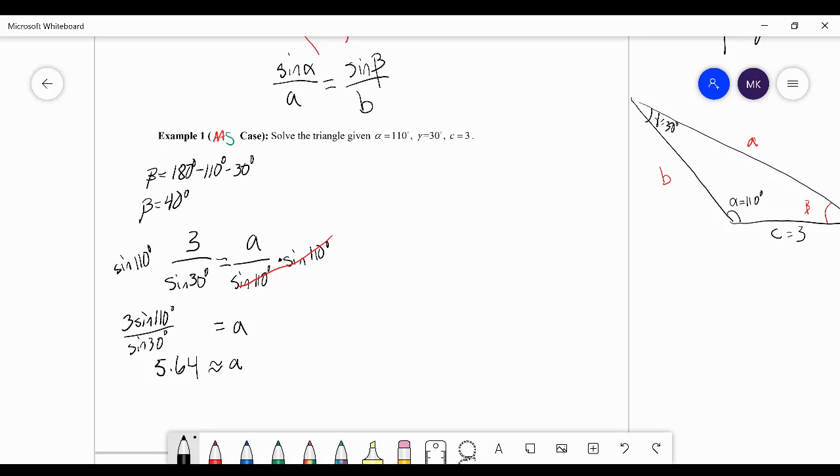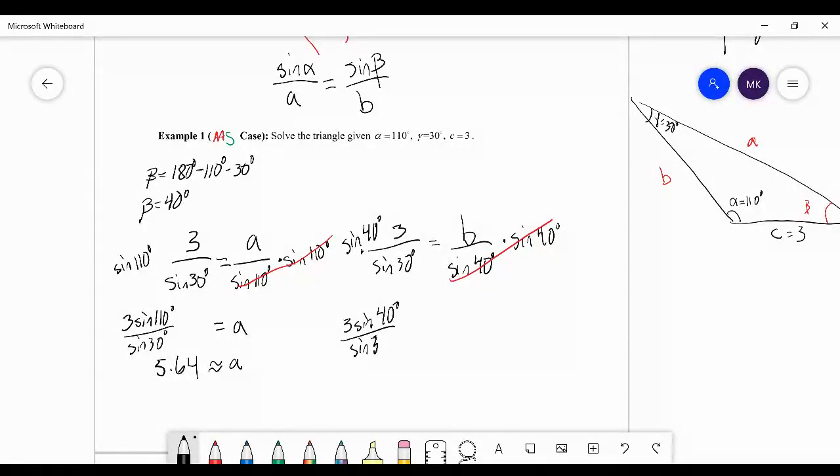And so I get a very similar equation to what we had to find A, where I have 3 over sine of 30 degrees. And this time, instead of A, we have B. Instead of 110 degrees, we have 40. And I solve it in the exact same way. I multiply by sine of 40 degrees on both sides. These cancel out. We get 3 sine of 40 degrees over sine of 30 degrees equals B. And that means B is approximately